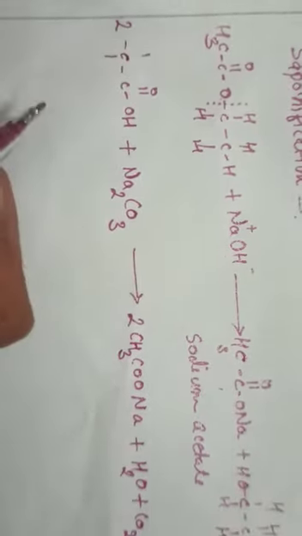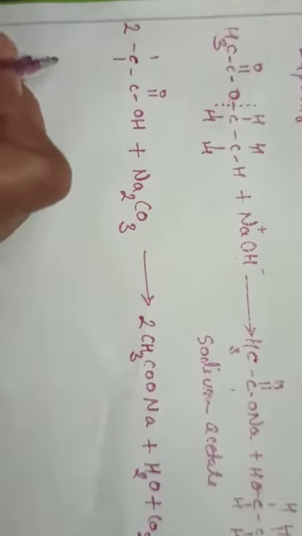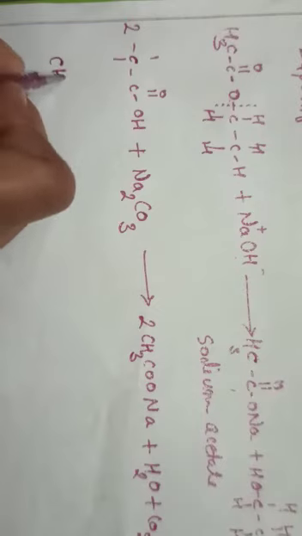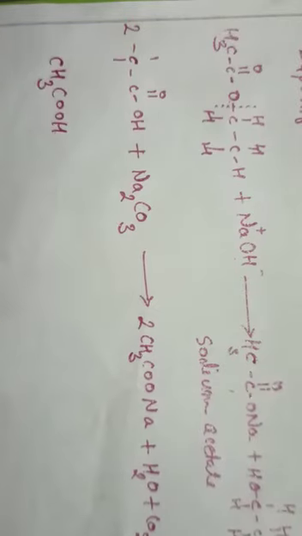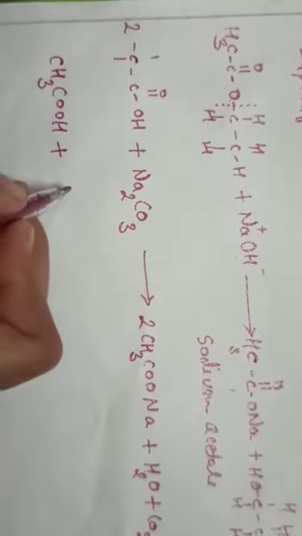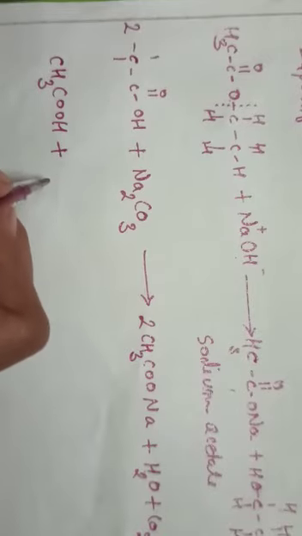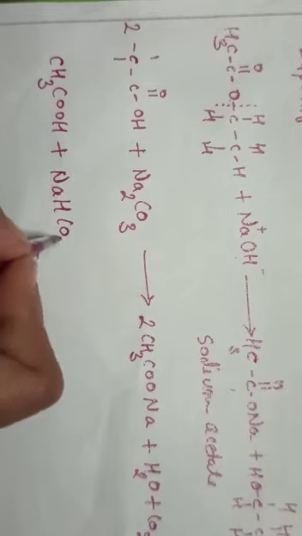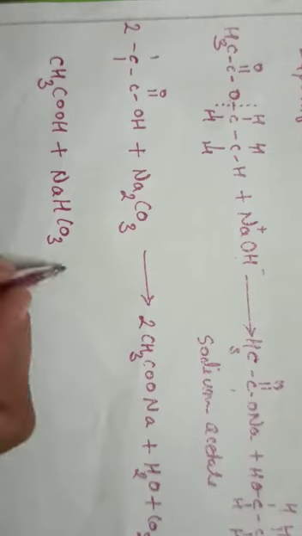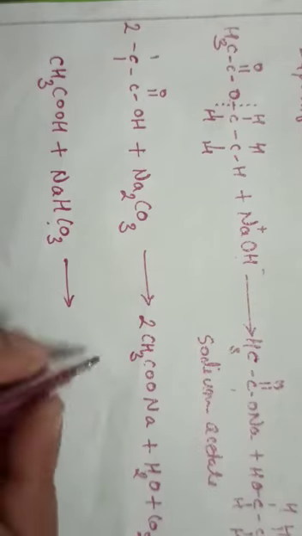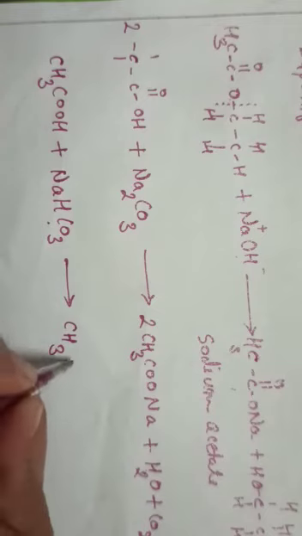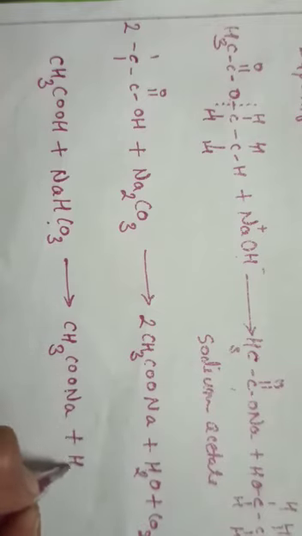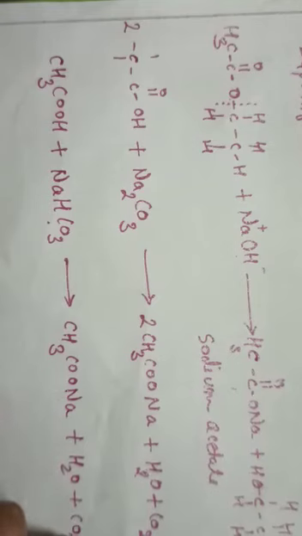Now, the third one. Ethanoic acid, again we have to take as one reactant. See, right now I am writing it in a different way. Allow this ethanoic acid to react with sodium bicarbonate. What is the formula now? NaHCO3. So it's your sodium bicarbonate. When both of them react with each other, you will get the same product, sodium acetate, and the byproduct is also the same.